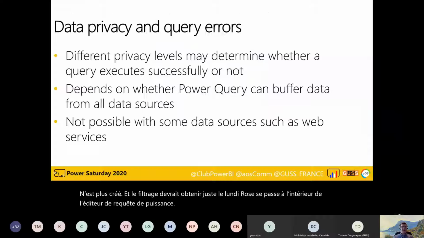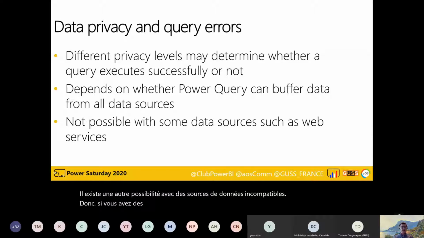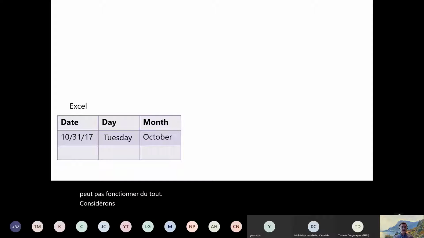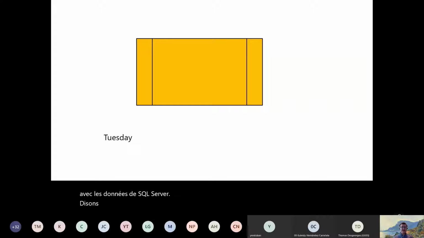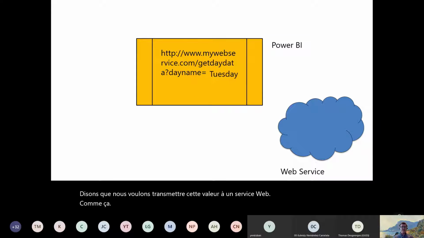There is another possibility with incompatible data sources. So if you have incompatible data sources, it could be that your query cannot run at all. Let's consider another scenario. So let's say that we are still getting data from that Excel spreadsheet, but now instead of sending that data and combining it with data from SQL Server, say that we want to pass that value to a web service like this. Now, if these two data sources are compatible, if the Excel data source has its data privacy level